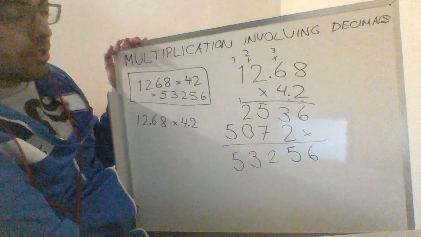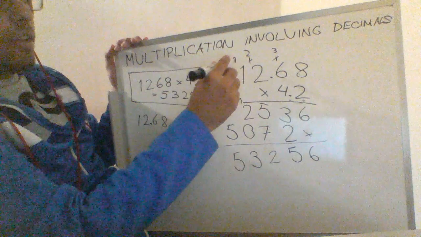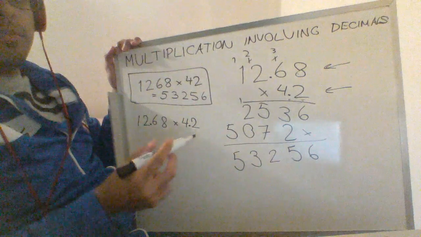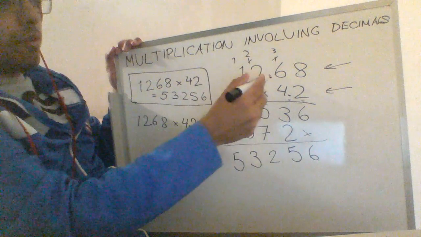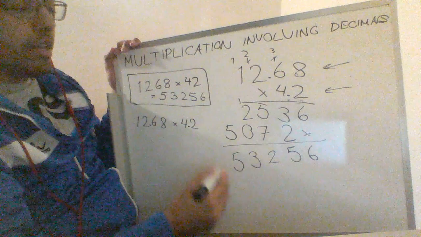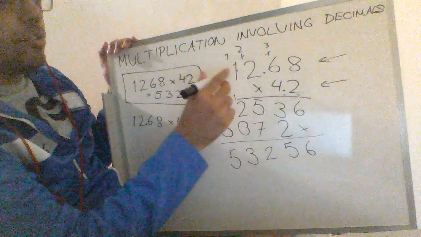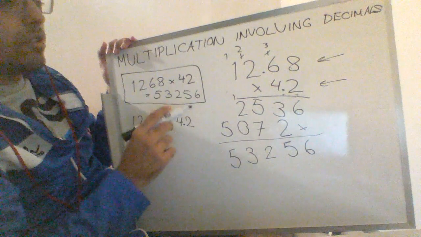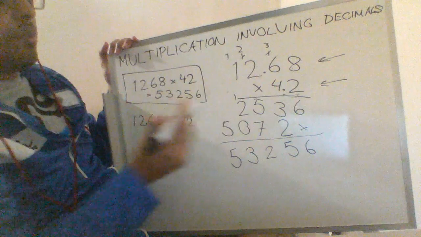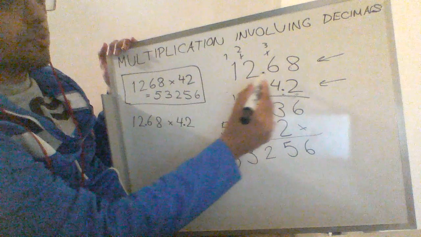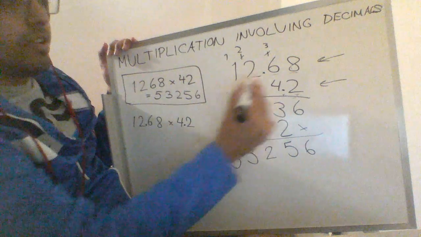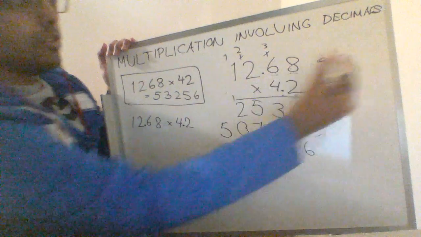Now the thing that changes here is that in these two factors, this 12.68 and this 4.2, we have decimals now, right? We have a point here and we have a point here. So where that's going to play in is when you're looking at your final answer. You're going to look at your two factors, this 12.68 and this 4.2, and you're just going to count how many digits you have behind the decimal point. So basically, here in this 12.68, we have 2 digits, the 6 and the 8, that come after the decimal point, right? So we've got 2 digits